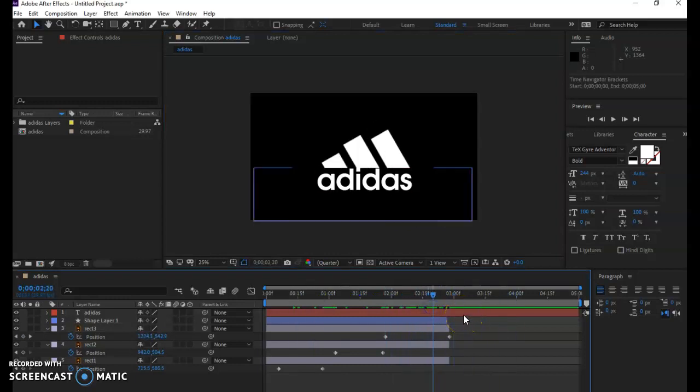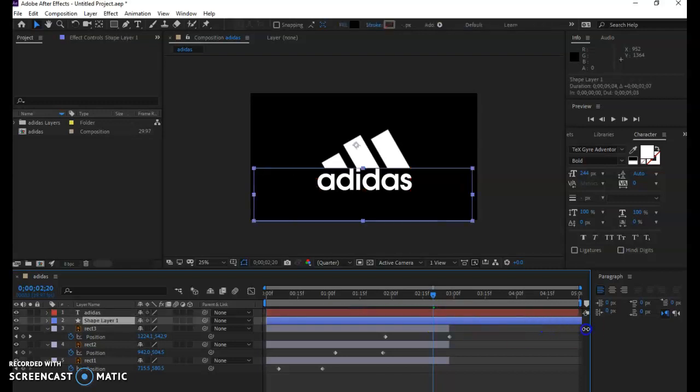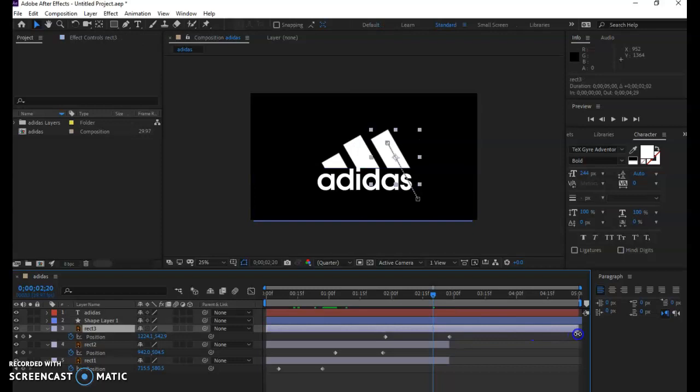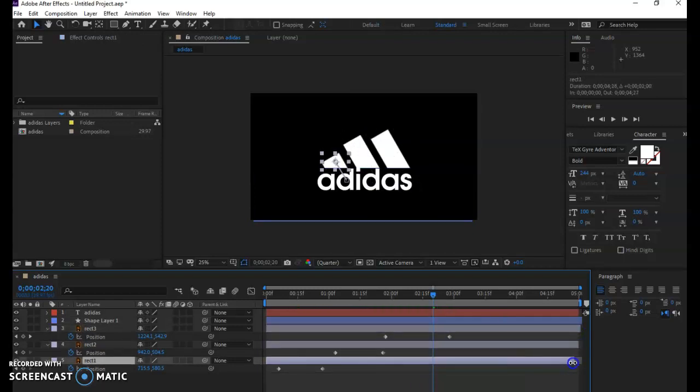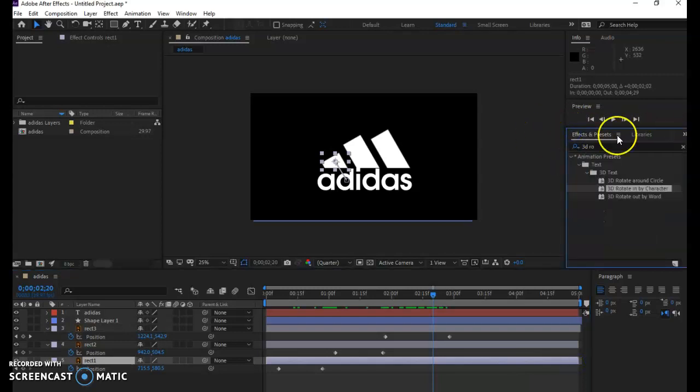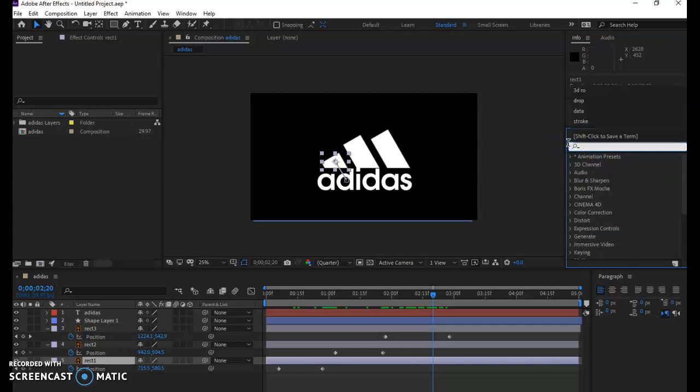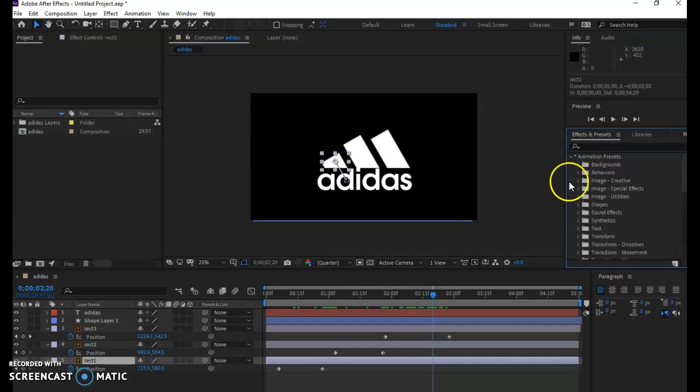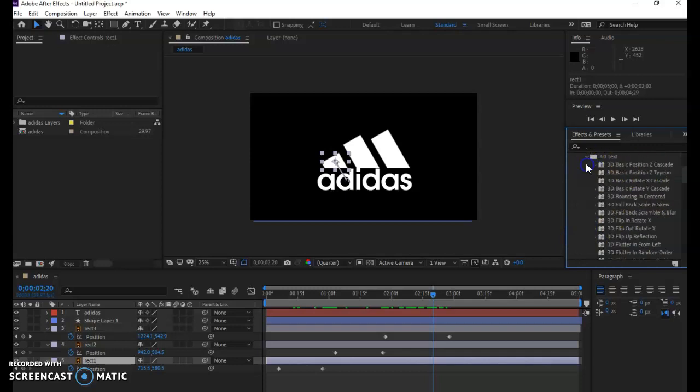And let's zoom out here on my timeline by pressing minus just a little bit. And let's make these go all the way the length here. And I'm going to add an effect on here that's under my effects and presets. If you don't see that here, effects and presets, go to that little arrow there and choose effects and presets. And I'm going to use, you can come into animation presets and go to text, but there's a lot to choose from. Under 3D text, I'm going to use this 3D